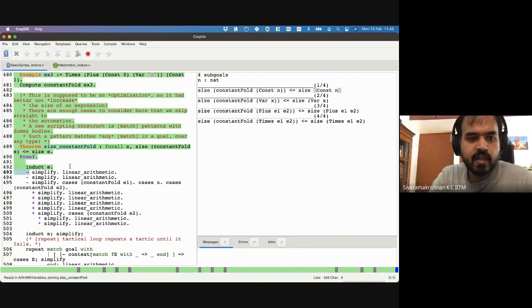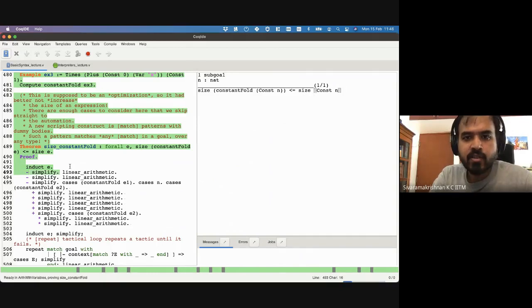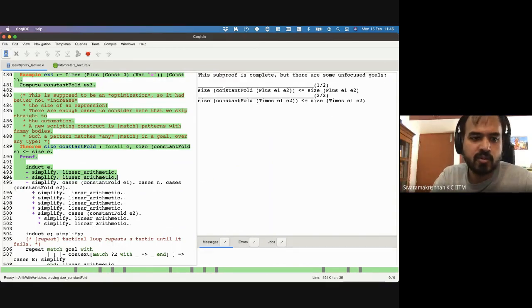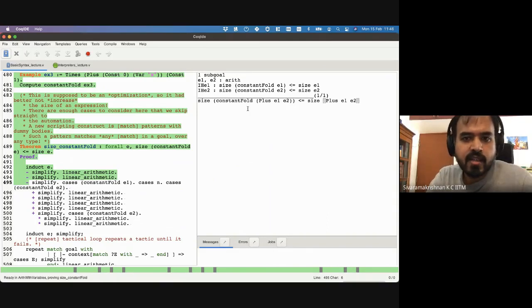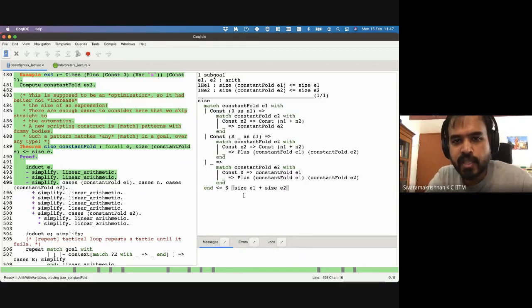For the first case, if you simplify, 1 less than or equal to 1, linear arithmetic makes that go through. Then again, if you simplify for the variable case, 1 less than or equal to 1 goes through. Here is plus, right? And you have a constant fold of the subterms. If you simplify, you get this big expression, right? And the thing that you want to observe here is,